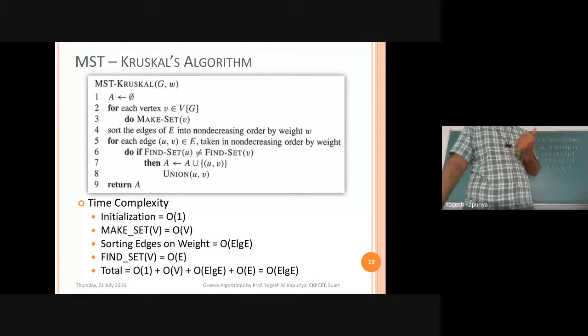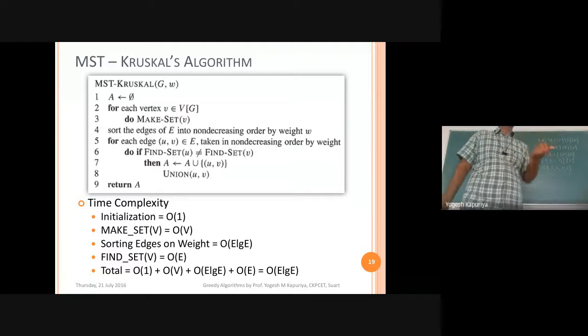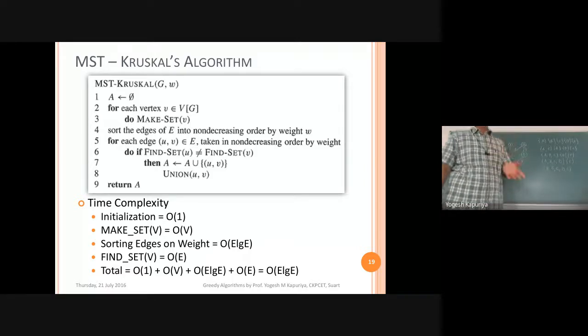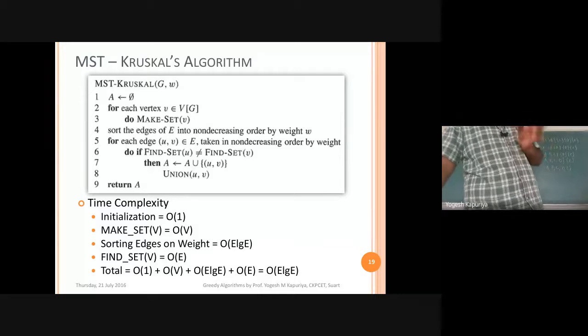Then you have a sorting. What are you sorting? You are sorting edges, right? If there are n numbers in an array, and you are sorting it with any of the efficient sorting techniques, it will take n log n time.